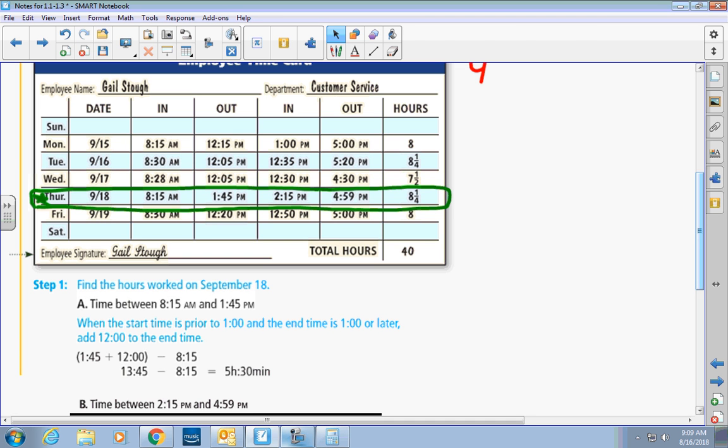30. So it's 30 minutes. So I use my fingers to count 5 hours and 30 minutes. 5 hours and 30 minutes is 5.5. So she works 5.5 hours before she takes her lunch break. Then